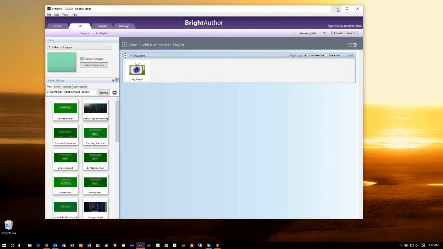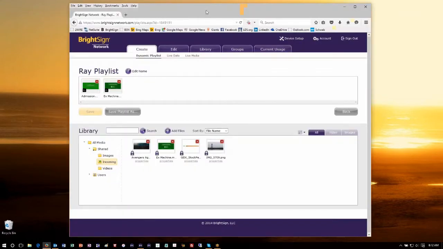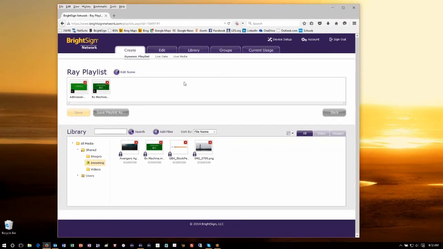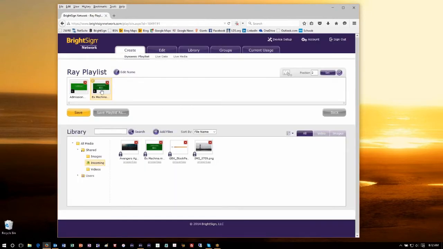Publishing is normal. One last thing about dynamic playlists that I'd like to show you. There's a feature here that you don't get otherwise. It's only available inside a dynamic playlist. I can choose an item and set when that item is valid. For example, I can say this item is only valid this coming Saturday and Sunday. So from Saturday to Sunday, this item will run. But until Saturday, it will not run. And after Sunday, it will not